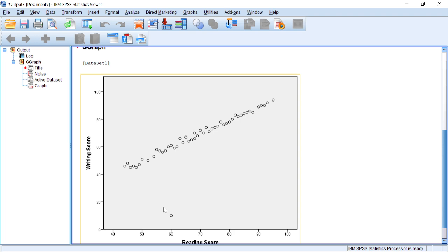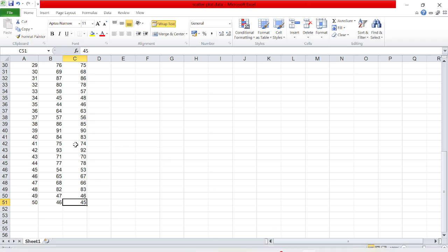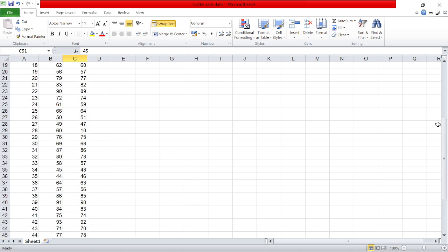But there is a student that we call an outlier here. What did you notice? Even though the student has a high reading score, let's go and check this particular student in our Excel. Let me look at the ID. Okay, I think number 28. Can you see? Even though it has